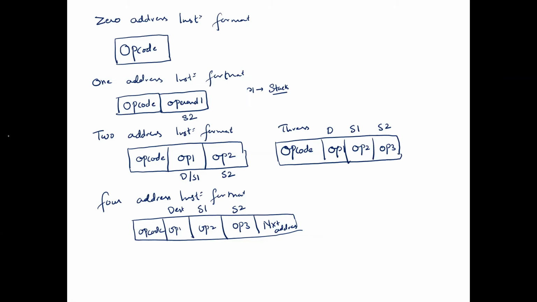Now, by looking at all these instructions, 0 address, 1 address, 2 address, 3 address, and 4 address, what is your observation in terms of the sizes of the instruction? Sizes. Which one is larger in size? It is the 4 address instruction format. Why is it large? It is common sense that we have many fields in the instruction. Say for example, if opcode is taking 4 bits, and if I reserve for operand 1 another 4 bits, another 4 bits, another 4 bits, and for next address 6 bits, then you need to add it.